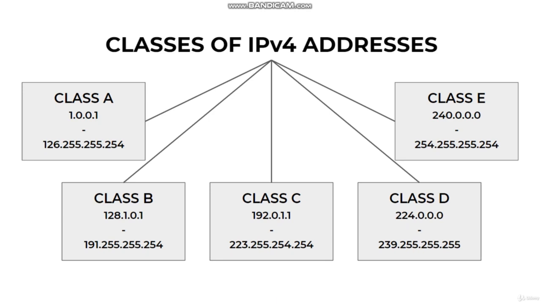An IP address is an address having information about how to reach a specific host, especially outside the LAN, that is a local area network. An IP address is a 32-bit unique address having an address space of 2 raised to 32. So it is a long IP address. Generally, there are two notations in which an IP address is written, dotted decimal and hexadecimal. So you can see here, this is dotted decimal: 126.255.255.254.